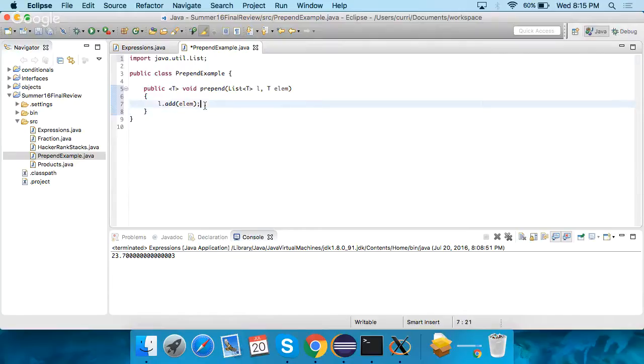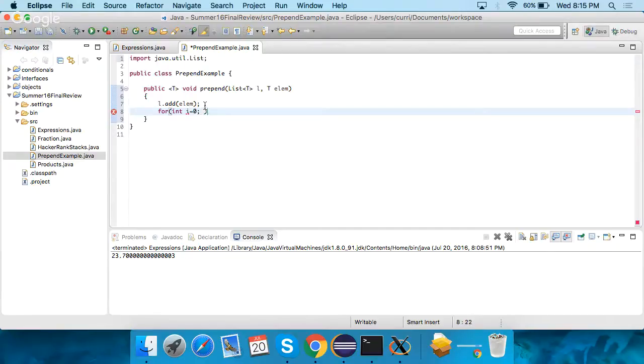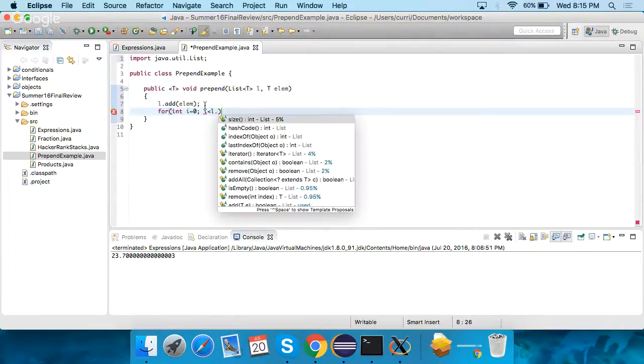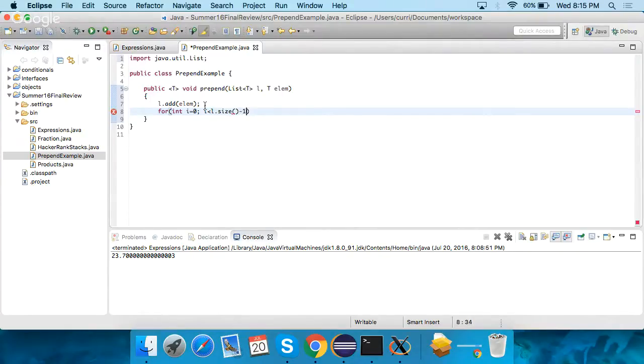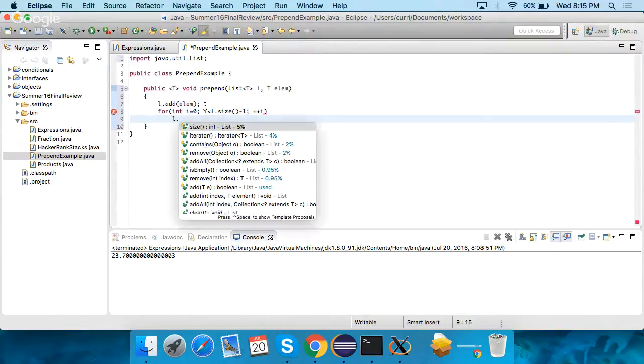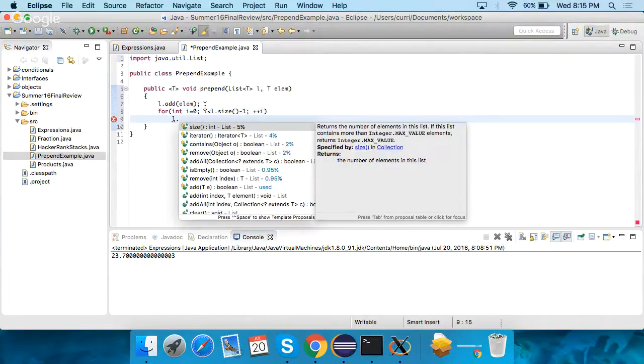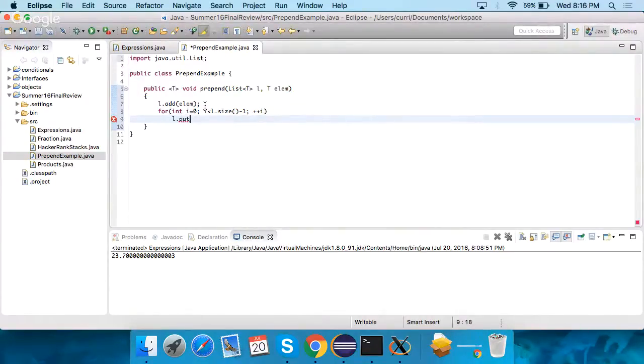That gives us now a for loop, less than l.size minus 1. L dot put. We have put unless